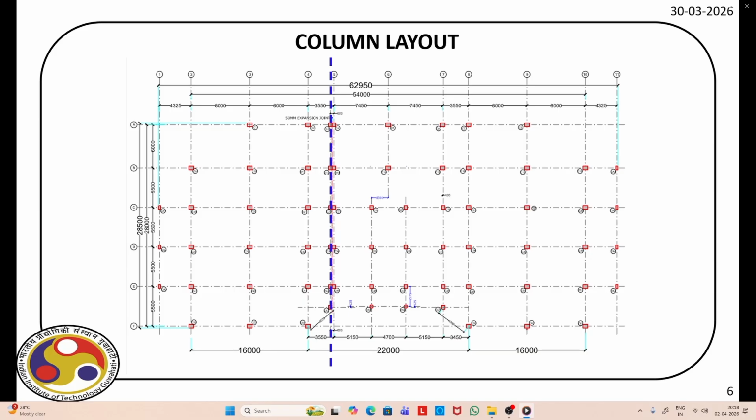Now, for the time being, you can notice the column dimensions, and as I said, the grid locations for this right part of the building is clearly shown. Now, we'll make some assumptions while modeling. We can actually go for a very detailed analysis. As you can see, the lift core is not shown here. We will not model those vertical walls made of RC concrete. They behave like shear walls, but we will not model that in this analysis. We will make it simple so that you can follow.